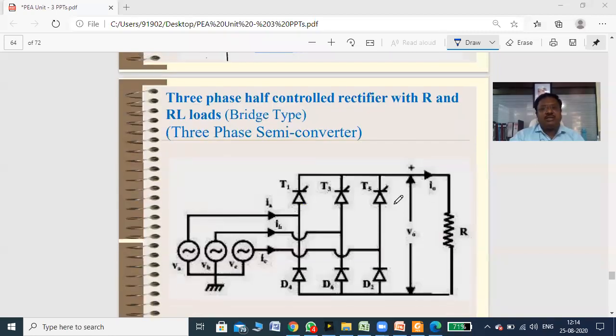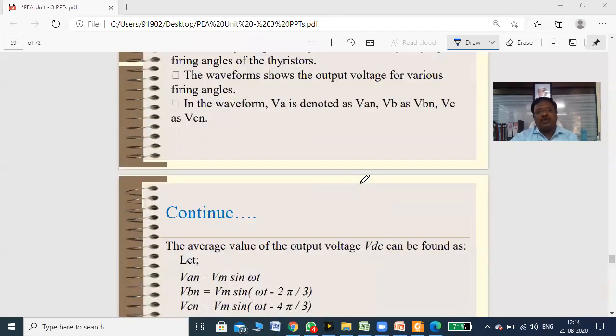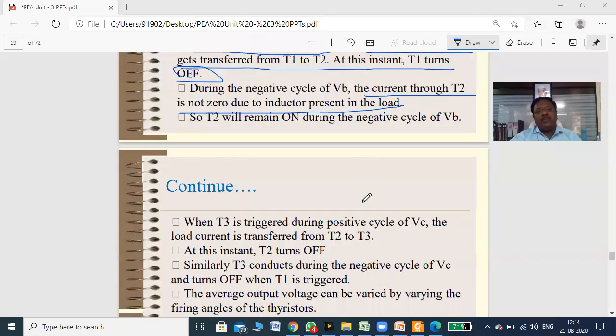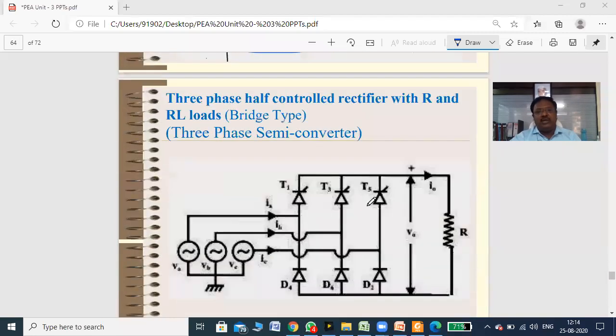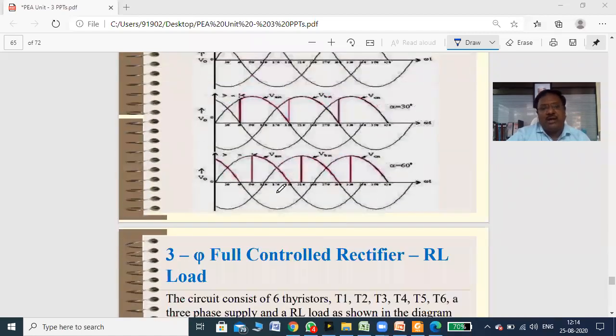Then next is a three-phase half controlled rectifier with R load. You can see here, this is again a half control. Okay, and the above is also a half control. Both are half control. Okay, so actually this circuit is a bridge type, but we are using here only 3 SCRs and 3 diodes. So these diodes will work as freewheeling diodes. So whatever negative part we are getting, that we can eliminate here.